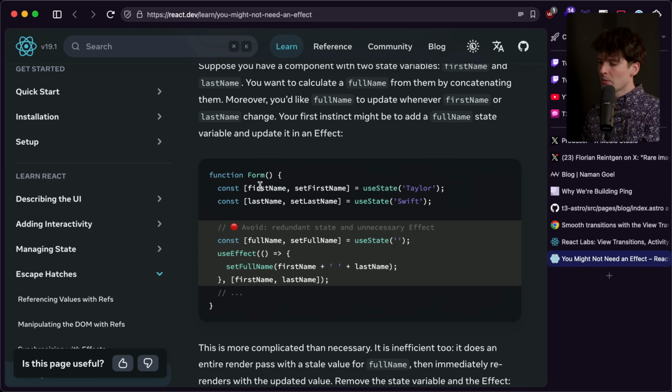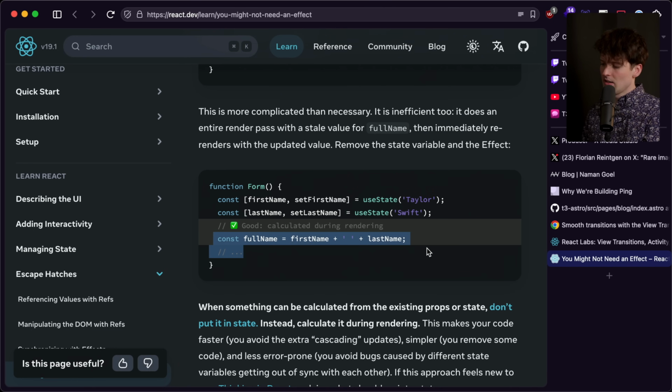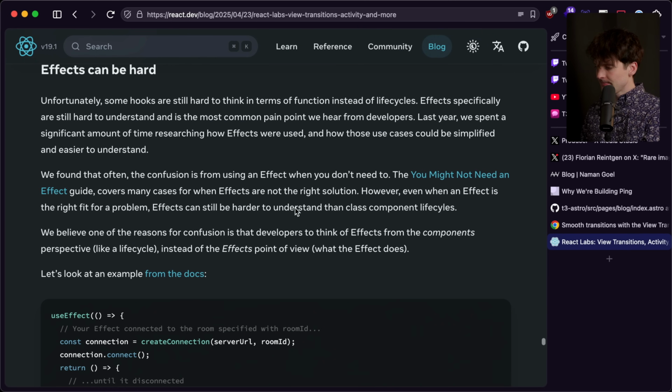This is a really common one. Combining something like first name and last name, and in an effect whenever either changes, you set it to a new state. Just inline it. It's so cheap to calculate this. Just do it during render. Who cares? And this plus the compiler means there's a lot of partial states you shouldn't be storing. As I say here, though,